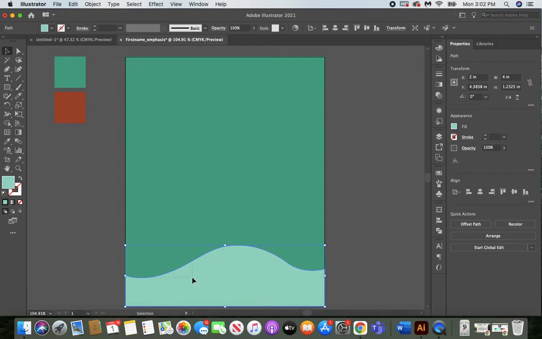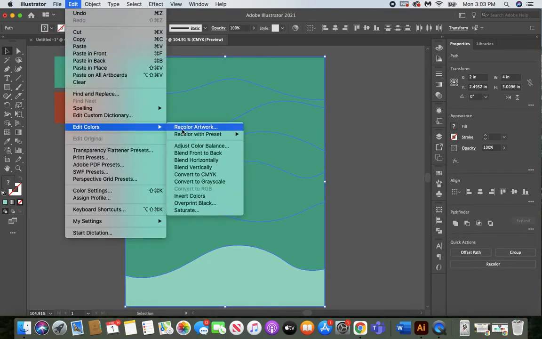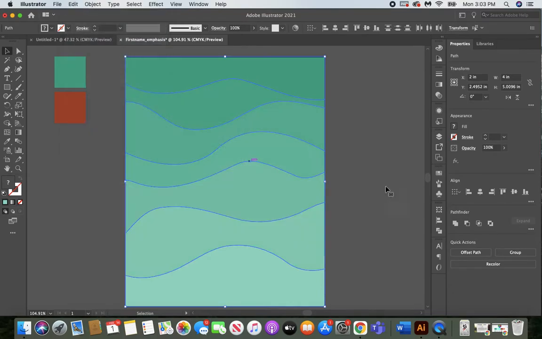Now I'm going to select all of those shapes, go to Edit, Color, and Blend Vertically. So now we don't have such a dramatic transition, but a nice subtle gradient between the top one and the bottom one. Next, to get that paper cut out look and give it a little bit of dimension, so they look like they're on top of each other, we are going to go to